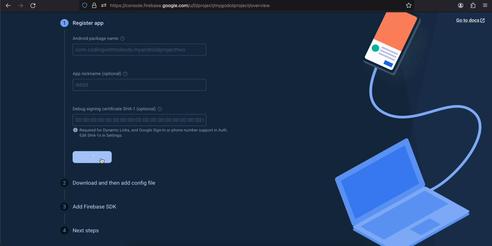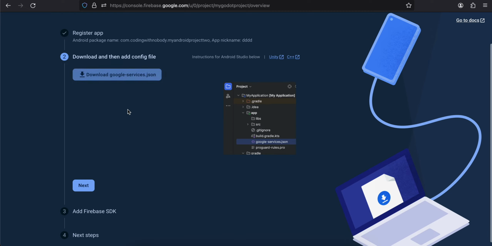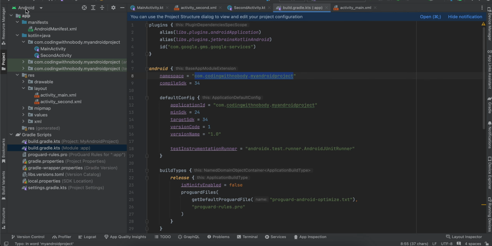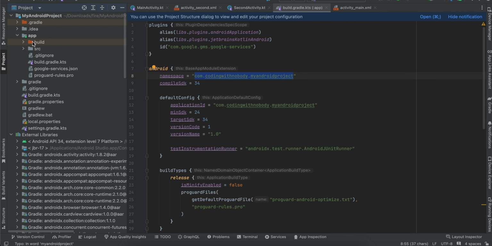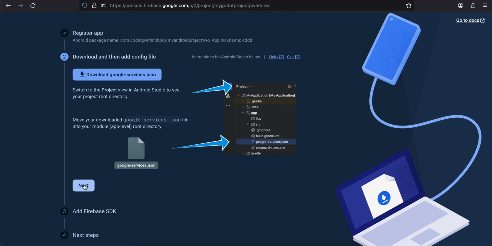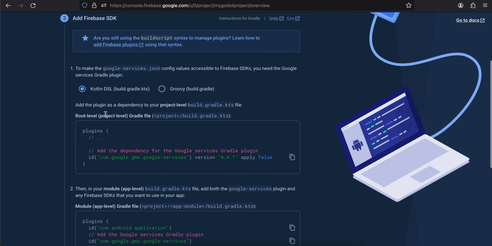We don't require this SHA-1 for email and password. Then you can just download this google-services.json file, and you will have to go to the project drop down, open the app folder and drag and drop your google-services.json file inside the app folder. Then again I will go back to the Android drop down, click on next,